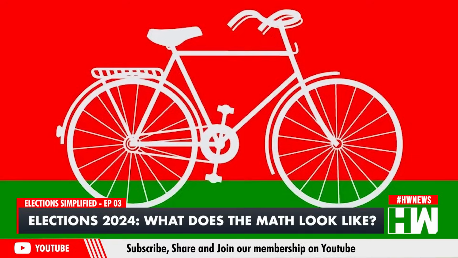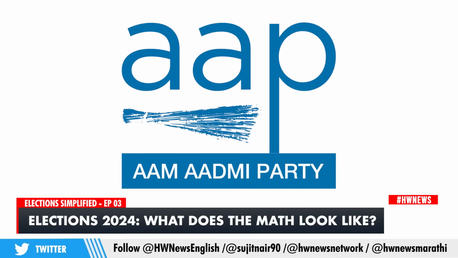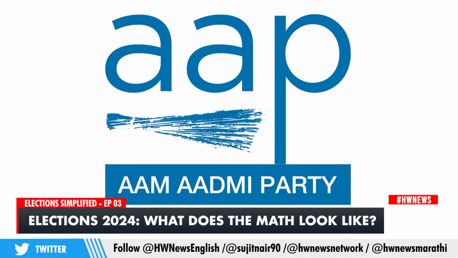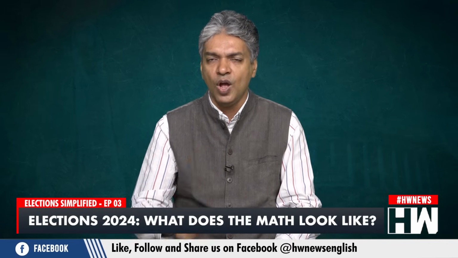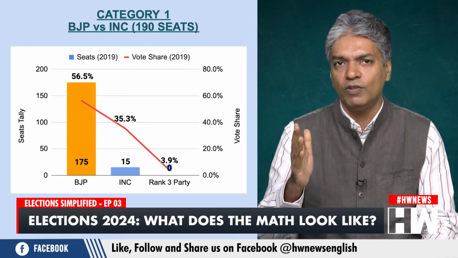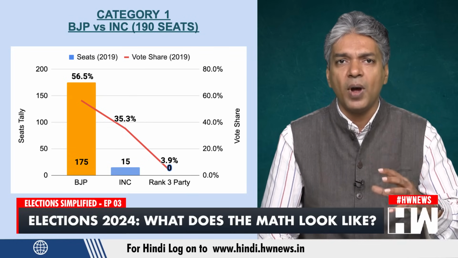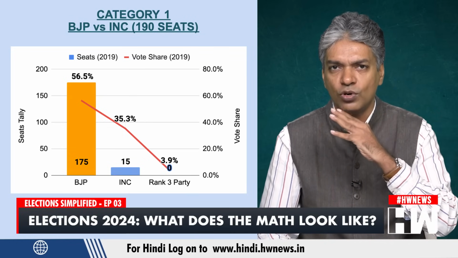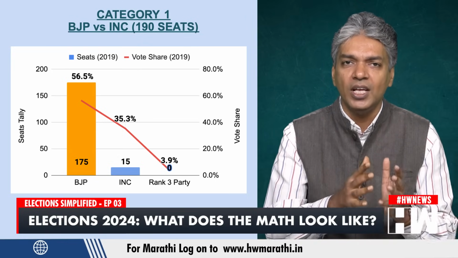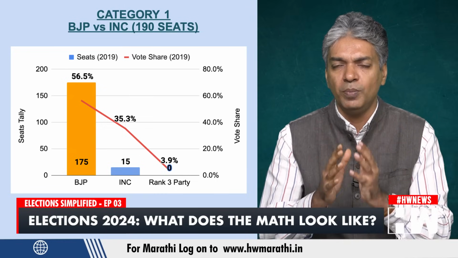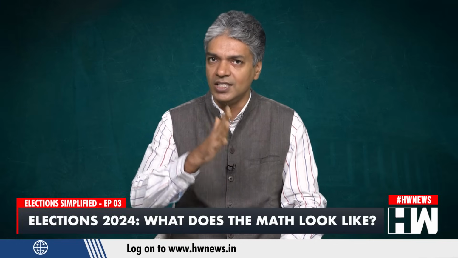Why? Because the allies like the Samajwadi Party, the Trinamool Congress, the left parties, the AAP, etc. have limited presence in these seats. And this is the biggest weakness of the INDIA alliance. While the Congress will be able to transfer the vote share to regional parties in states wherever there is an alliance, the regional parties will not be able to transfer votes to Congress in these 190 seats because they don't have votes here. So essentially, this is likely to be a direct BJP versus Congress contest. The Congress does not enjoy the reciprocity in these seats.